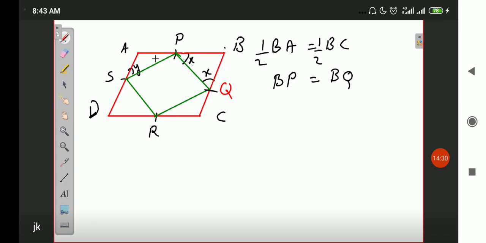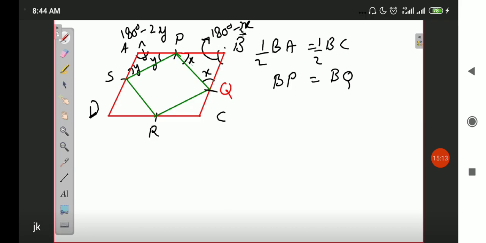Similarly, these two angles will be y. Okay, now in this triangle as well as in this triangle, the sum of all the interior angles is 180 degree. This means angle B plus 2x is equal to 180 degree. If you solve the equation, you can determine the value of angle B as 180 degree minus 2x. In the same manner, angle A can be determined as 180 degree minus 2y. So we have determined the value of angle A as 180 degree minus 2y, and the value of angle B as 180 degree minus 2x.